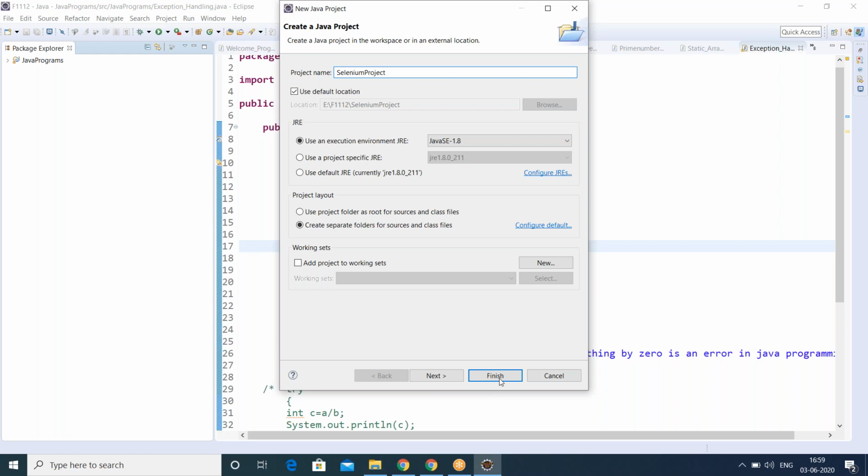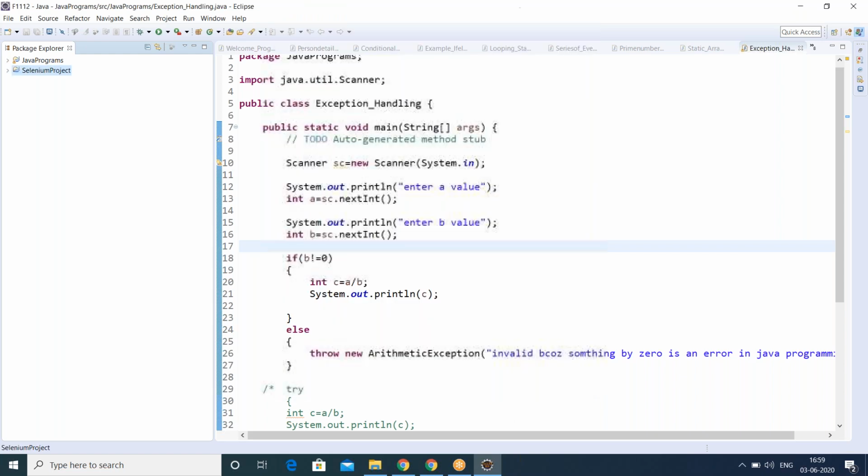Clear? Finish. You guys know how to create a project here. So we actually created a separate project for Selenium programs. Now the project is ready. I just opened my Eclipse editor and created a project in it.